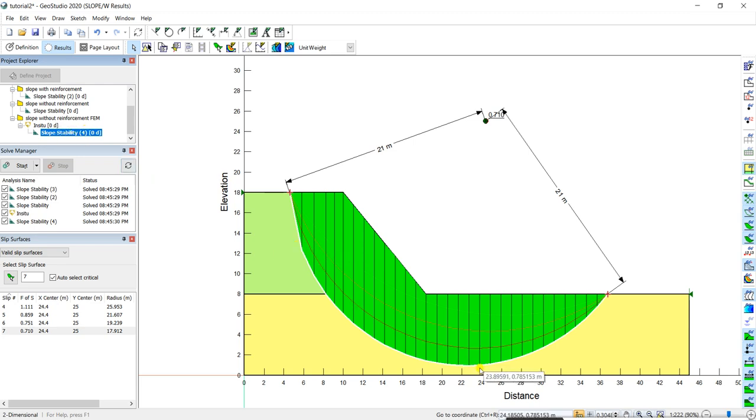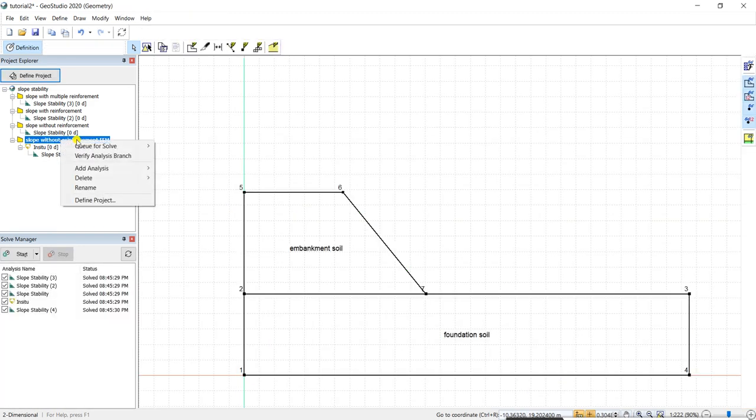Now I'll do the second analysis, that is the analysis with the finite element method, also in the presence of a geotextile layer or reinforcement layer between the embankment and foundation soil. For simplicity, I'll take this finite element method analysis which we have added here, and I'll just clone it again.